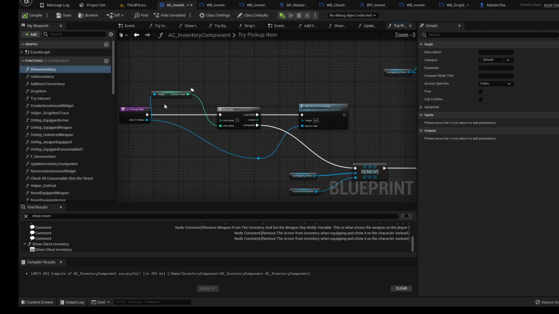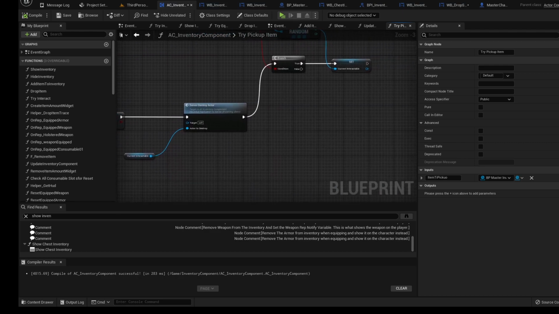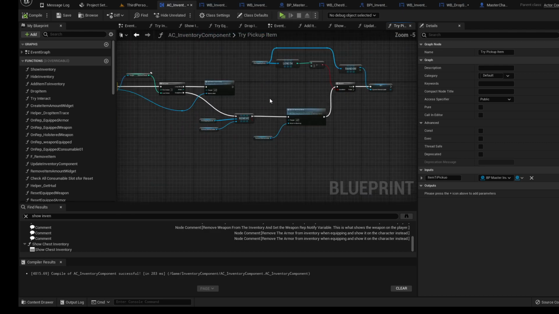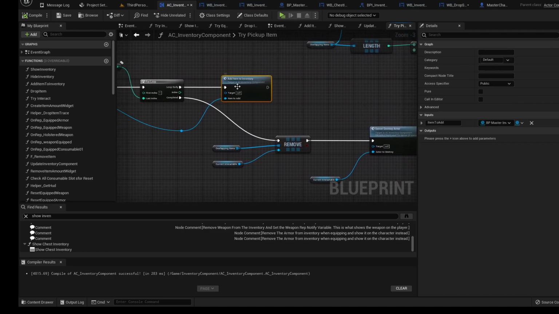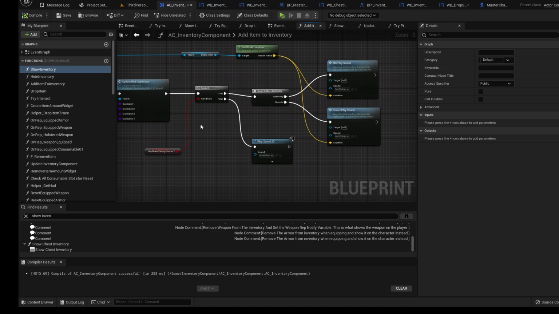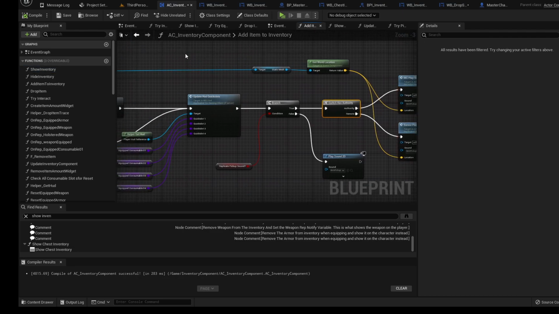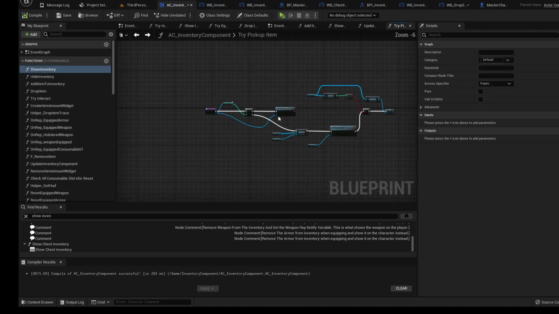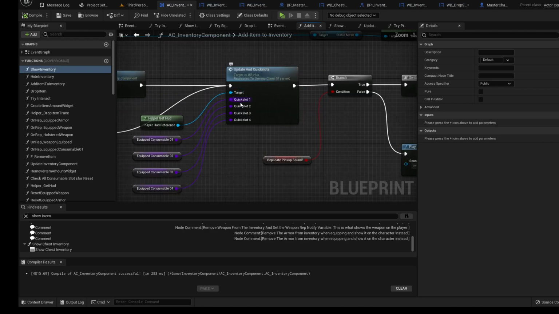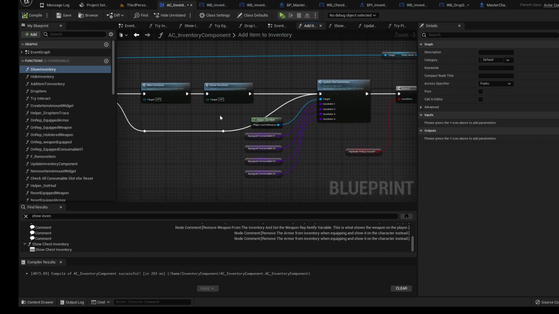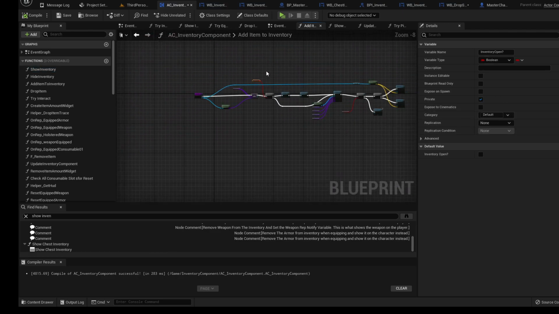Try pickup item. We do this, add item to inventory. So this function shouldn't look like this. Should probably